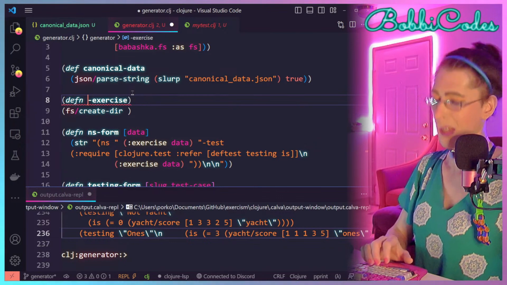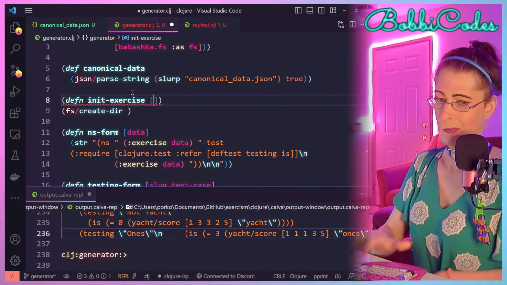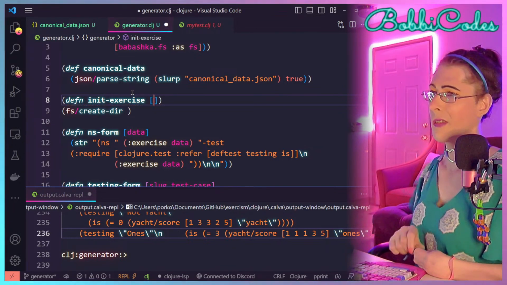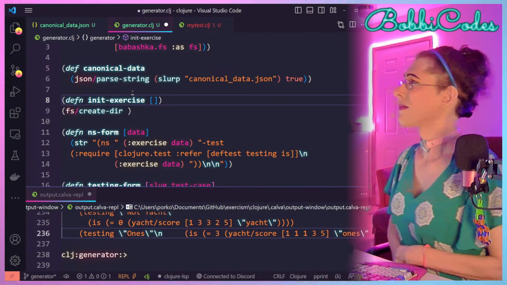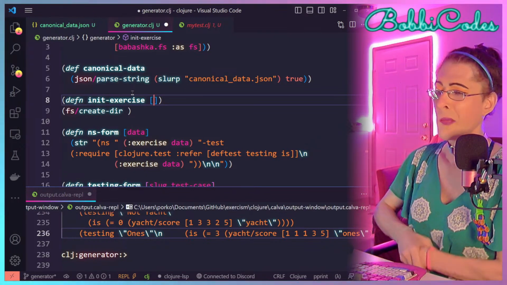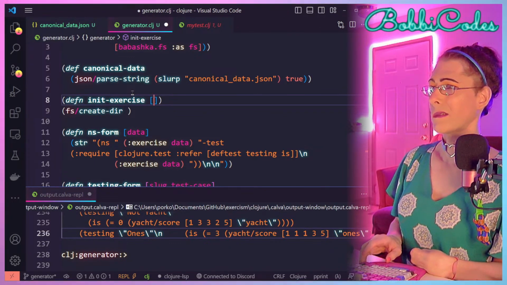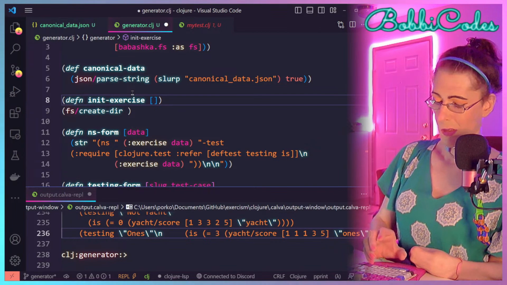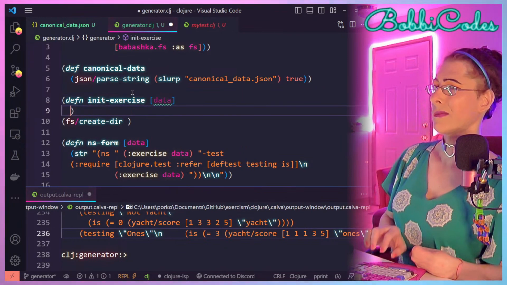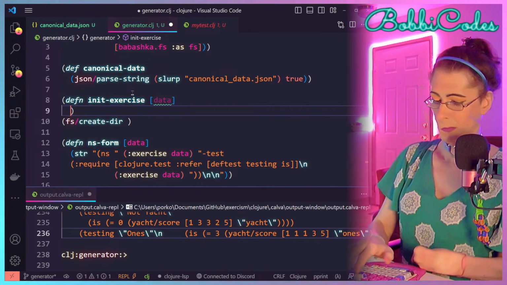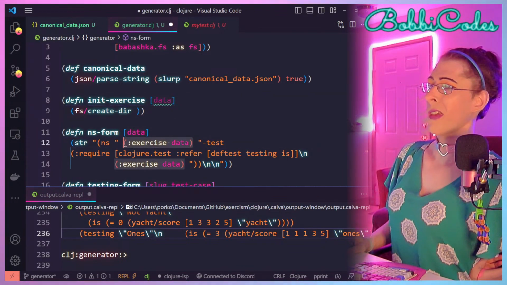I'll call this init exercise, I guess, to initialize a skeleton, kind of like if you were doing npm init. And so this will take the data, since we need to know what to call it. And then we will say exercise data.